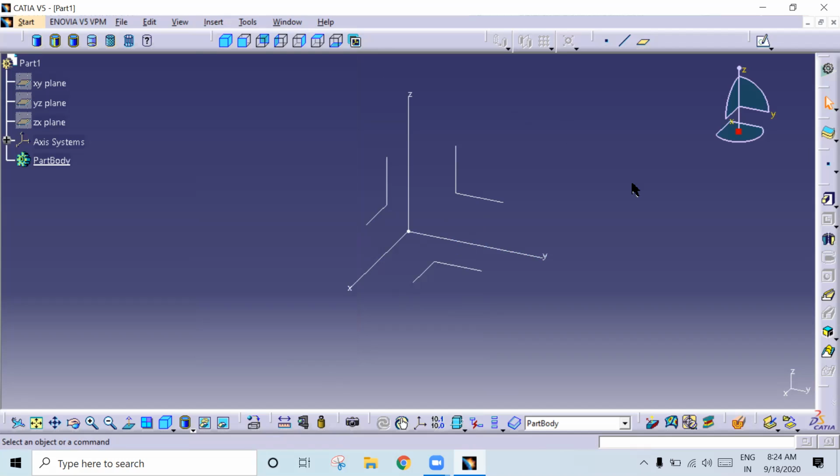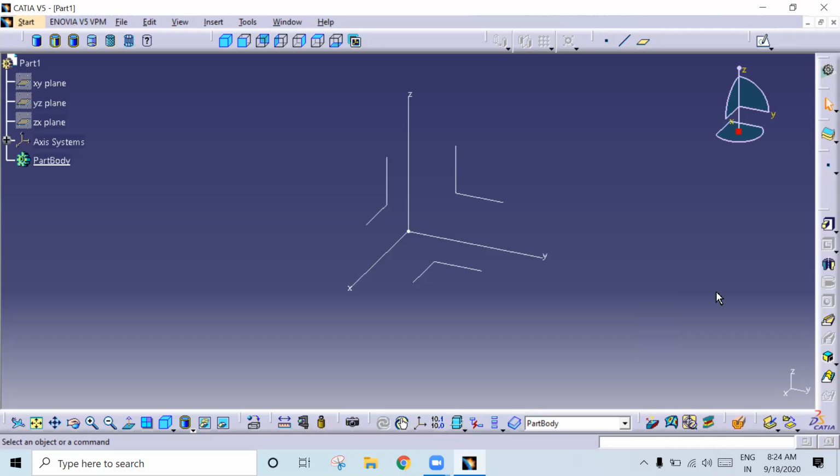See, sometimes what happens, Chandan, the mirror option. Sometimes some shortcut windows will hide here. So here you are getting an arrow, right? You just drag it, you will get it.